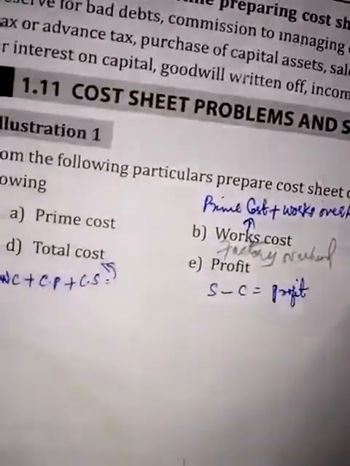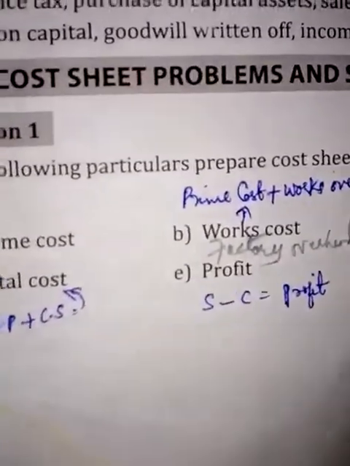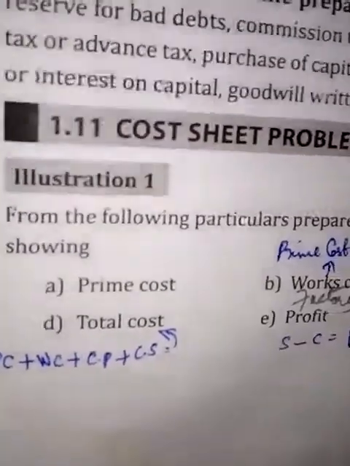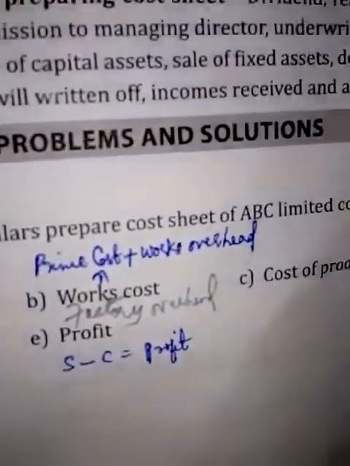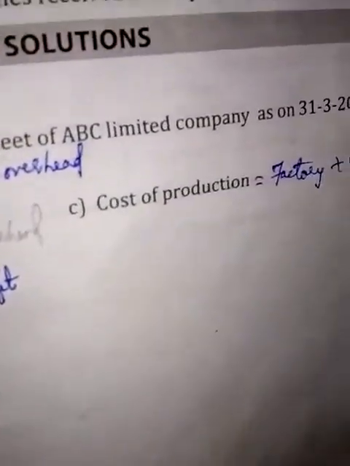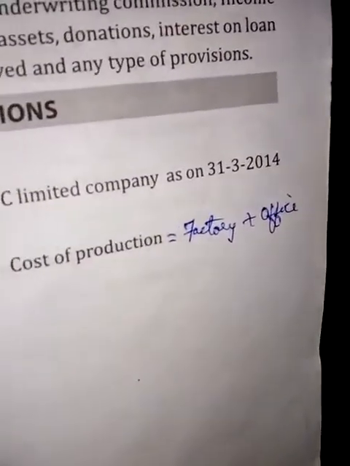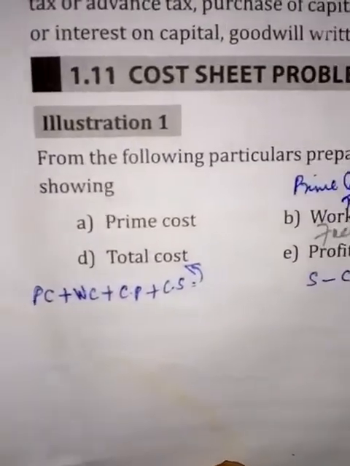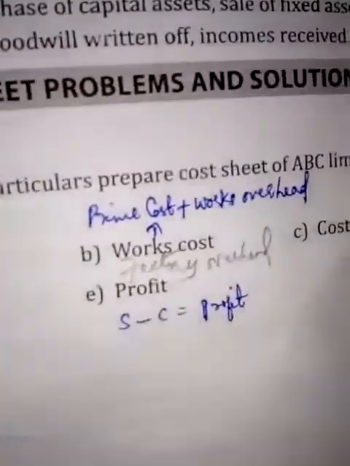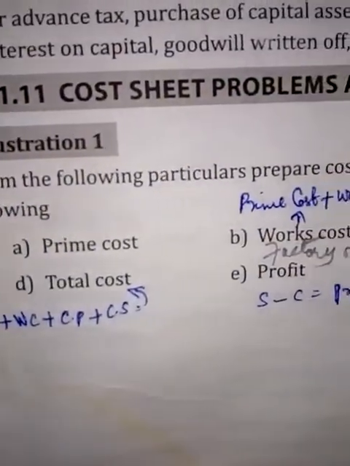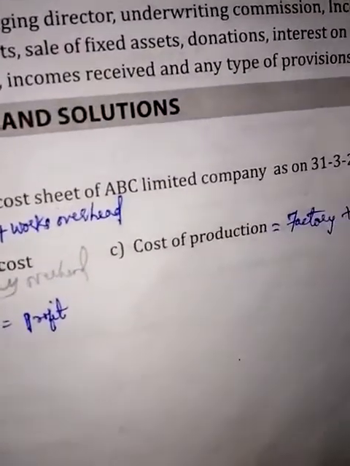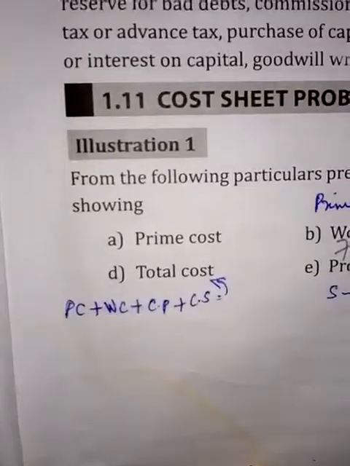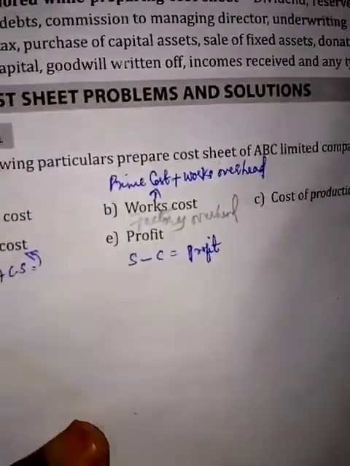This can be understood better with an example, with the first problem. The problem given is: from the following particulars, prepare the cost sheet of ABC Company Limited as on 31st March 2014, showing what is prime cost, works cost, cost of production, total cost and profit. And the given problem is,